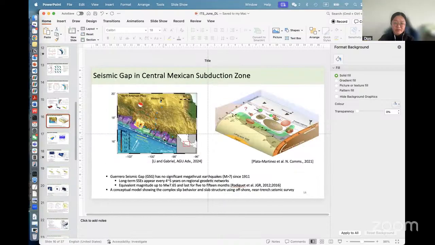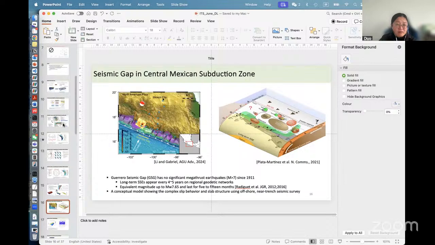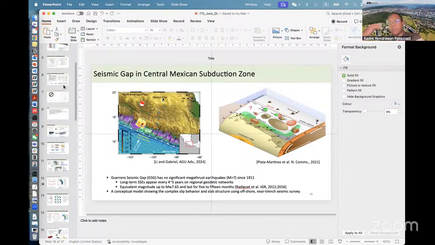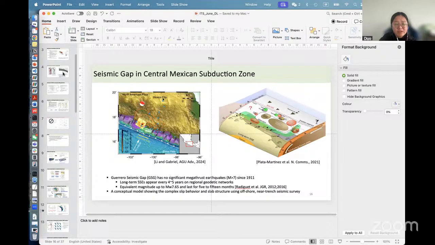Oh yeah. So the plate rate is not really affecting the slow slip event, meaning that if you have a larger plate rate, you will have more slow slip events, or the other way around? Oh yeah, theoretically, if you have a larger